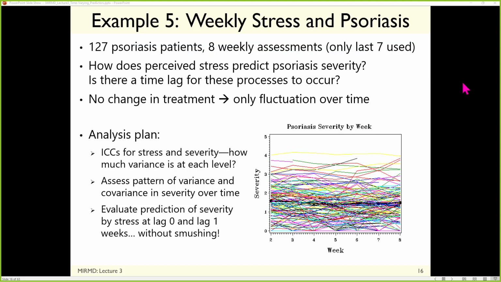So here's a story, an example. It's a true story. This is example 5 by my count. These are data that were collected by a friend of mine when I was a graduate student, and I was an analyst and research assistant helping to manage the study and analyze the data. The context of the study is a dermatology clinic where there was access to 127 patients undergoing treatment for psoriasis, which is a skin condition that's thought to be exacerbated by stress and other kinds of environmental factors.